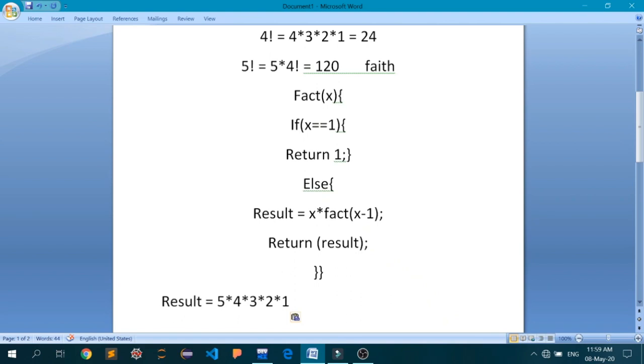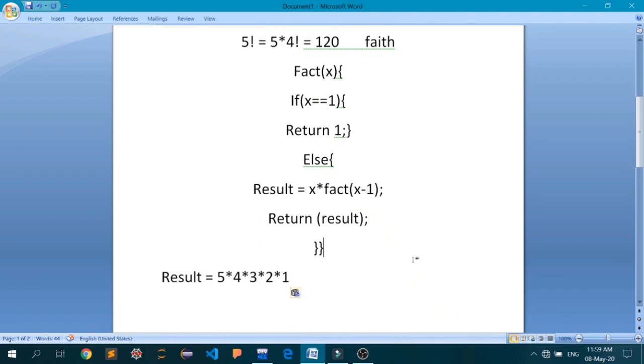So recursion, as I told you at the start of the lecture, is not a technique. Recursion is an idea. How you are going to implement that idea is up to you. But that idea tells you a broad outline of how you can tackle a particular problem. So in this problem of finding the factorial, we have tackled it by first stopping our faith at x equal to 1 and returning the argument multiplied by the factorial, calling the function itself, but this time passing the argument x minus 1 instead of x.